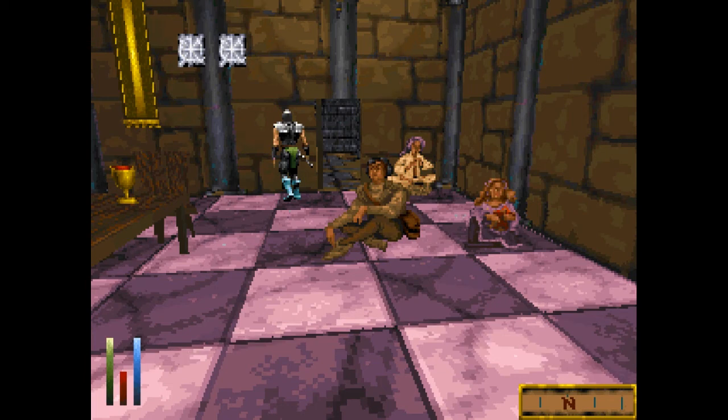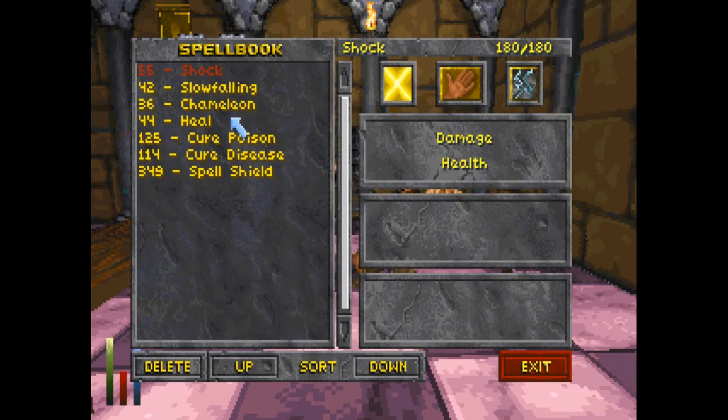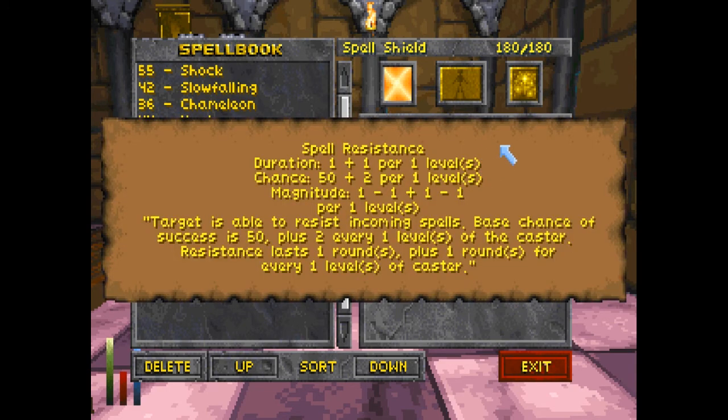Oh, also, what else I did is I went to different vendors in the city of Sentinel and sold off some of the different things I had gotten from the previous dungeon, made a bunch of money. I also went to the Mages Guild and bought... what did I buy? I bought a spell of Spell Shield, which has a 50% chance to work,